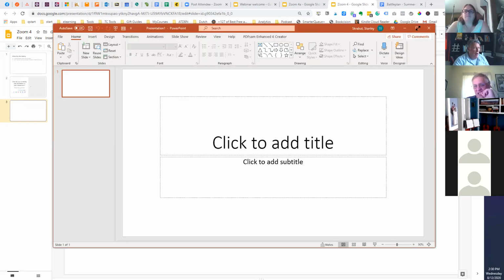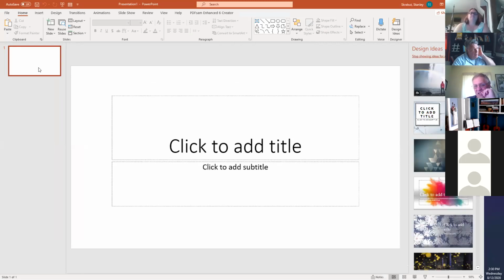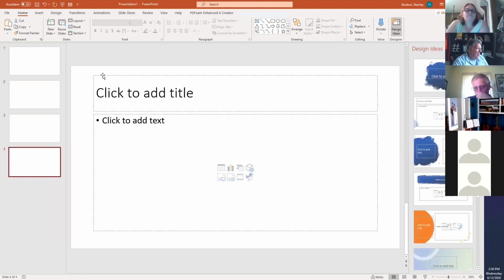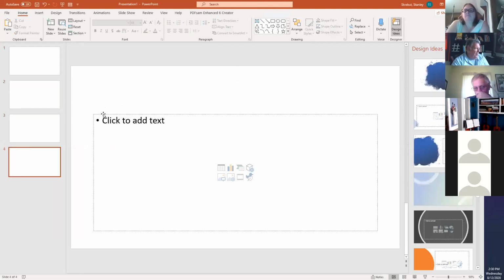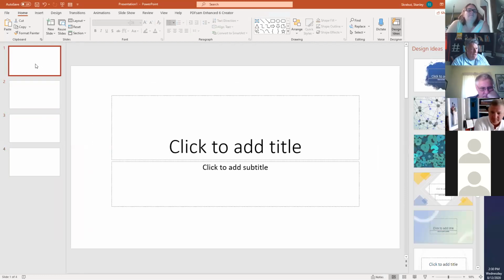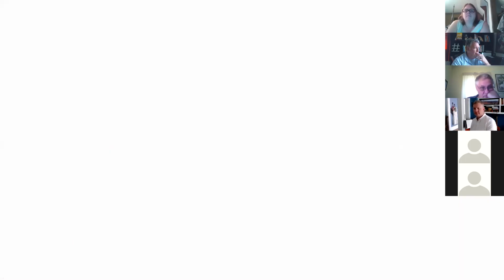So here I have PowerPoint, and I can have a number of blank slides that I'm working with. And ideally, set this stuff up ahead of time. And so now I can go ahead and present. And all I have is a blank slide. And by using the annotation tool,